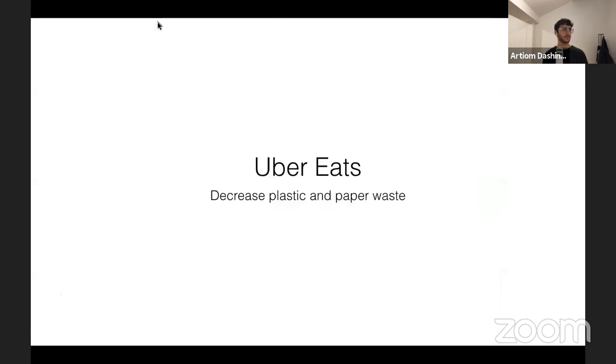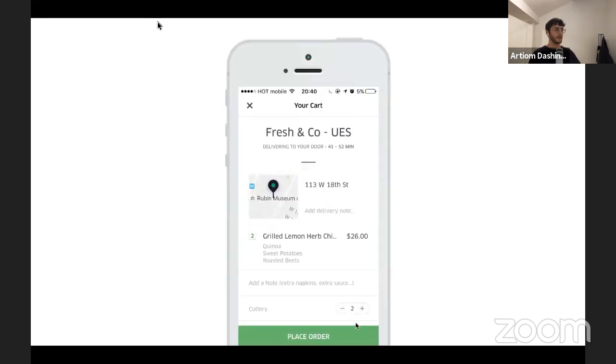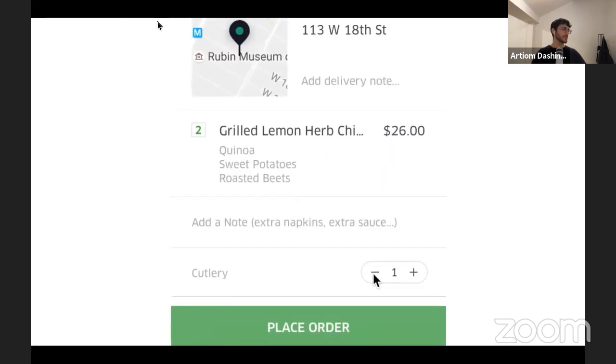The next example is from Uber Eats, the food delivery service from Uber, and how they could decrease plastic waste and paper waste. After I choose the food that I want to order on Uber Eats, and I go to the checkout, I suggest giving users an option to opt out from the cutlery.